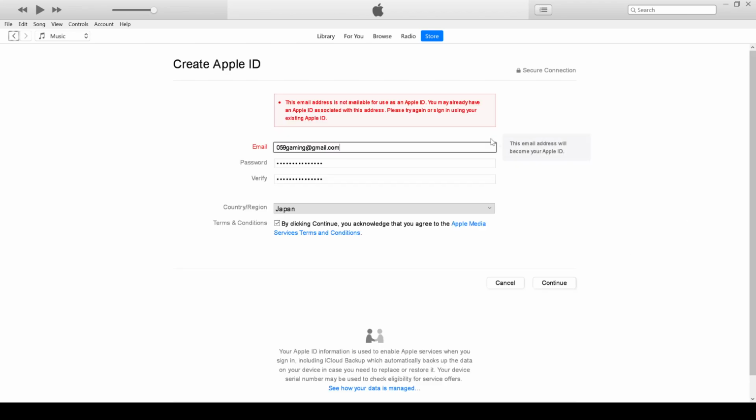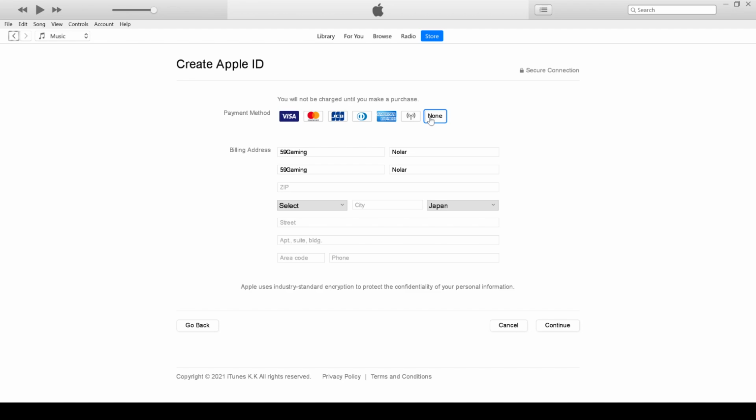Okay, cool. So you would put in your information. You can make it fake all you want. Remember the security questions or whatnot. But here, you want to make sure there is no payment method. You put none, because to buy stuff on JP Dokkan for iTunes,